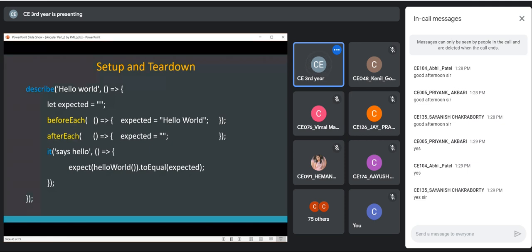So see that we are declaring the expected variable to be the empty string, and we are modifying it before execution of each test case, during the execution of the test case, and even after execution of each test case. So always whenever the test case starts, it will be initialized with the value hello world. So it will have some valid string, it is not an empty string. And once the test case gets finished, we are once again changing the value to the empty string. So again, that hello world function that we are testing, we are comparing that it equals the value hello world. I hope that this is clear, the setup part and the tear down part.